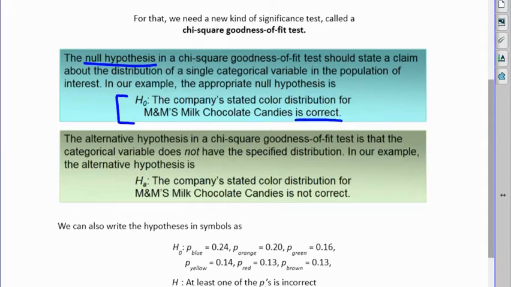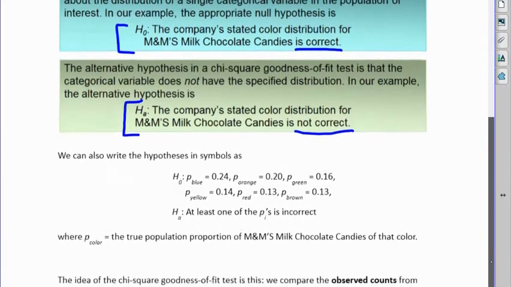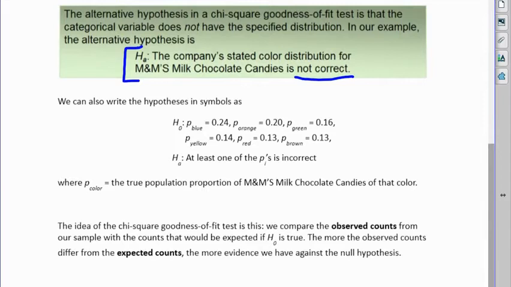That would be the null, because you always give them the benefit of the doubt. Then the alternative hypothesis would be that it's not correct. If you wanted to write it with the proportion symbols, this would be an appropriate way to write your null, saying what all the proportions are. And this is a helpful way so that you can see what proportions you are testing,